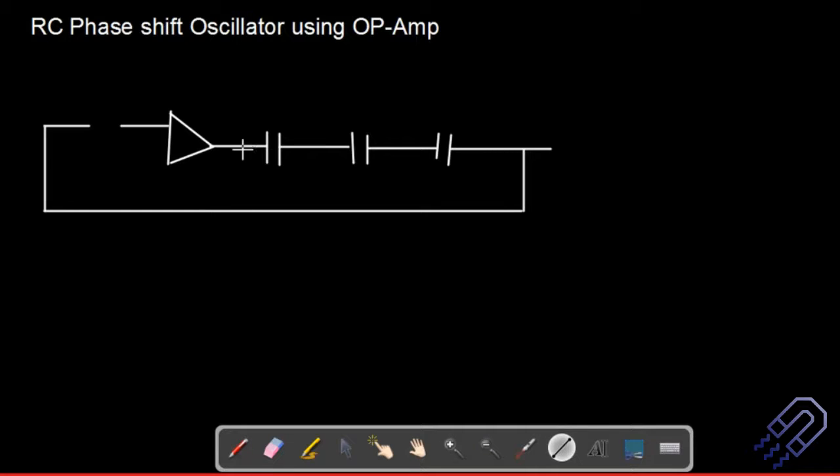Then if you're talking about the op amp, you are going to have a feedback part here also. That is how an op amp works. If you don't remember, you need to just refer to the previous lecture. And then this is the non-inverting terminal, that is the plus section. So I'll just try to earth this.